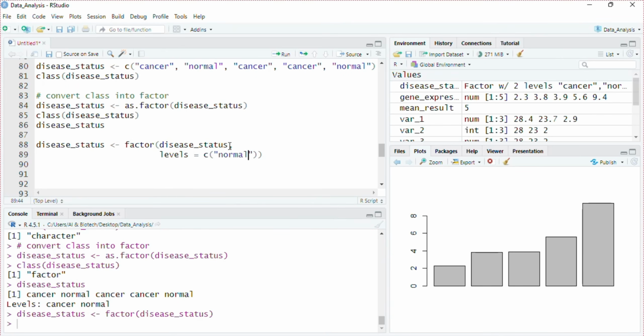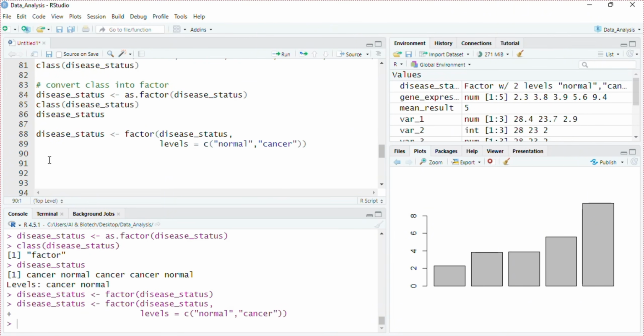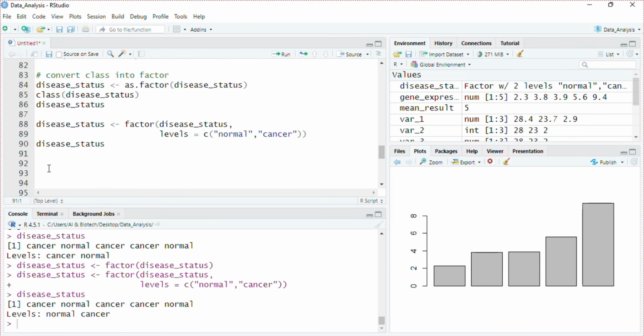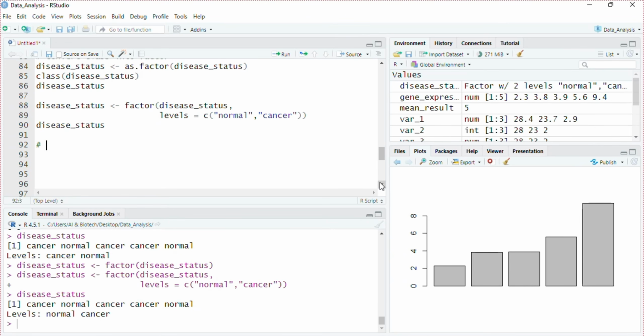We want normal first, then the next level is cancer. Run this line of command, and now the levels have been changed from cancer and normal to normal versus cancer. So in this way, we can convert factors and re-level our factor order.